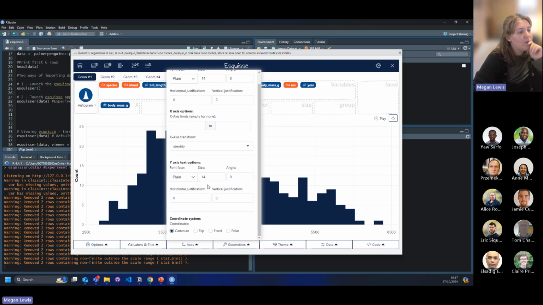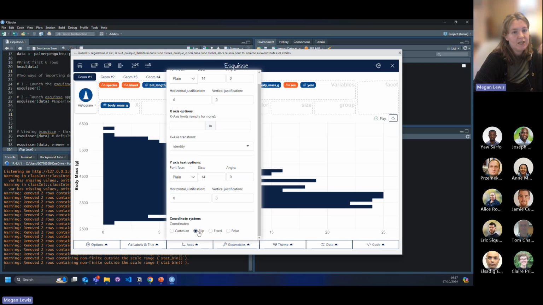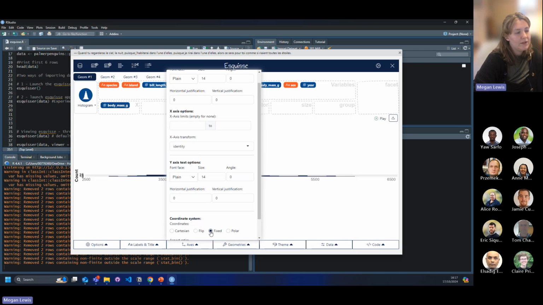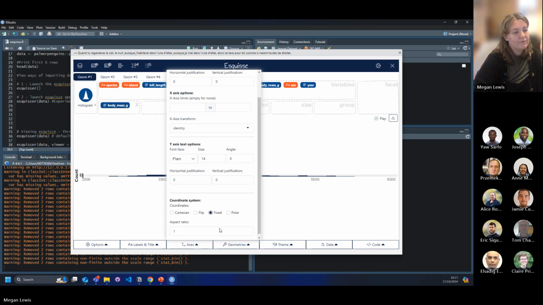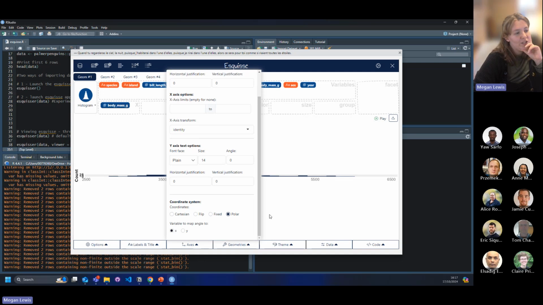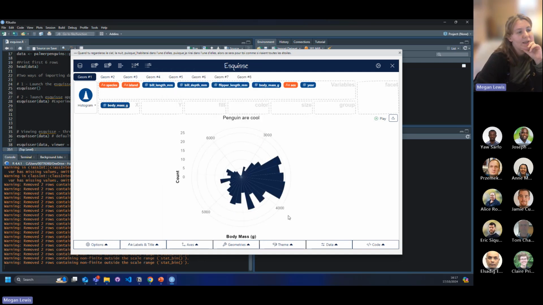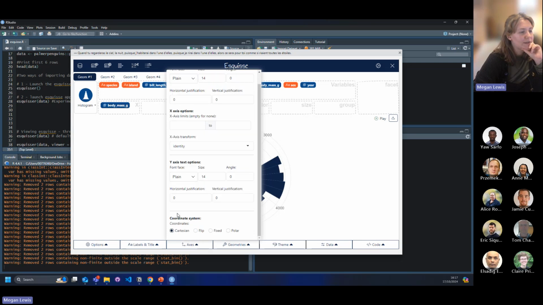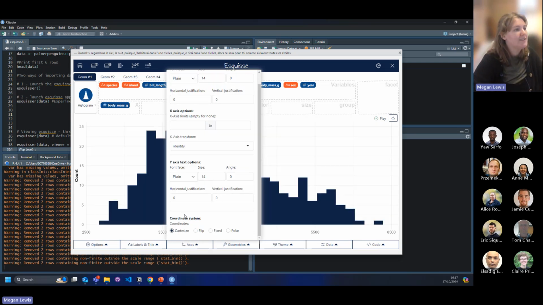But you also have the option for different coordinate systems. So you could flip it, which would change the axes round. In theory, you could have a fixed one, but that requires additional stuff and doesn't look very good normally. Or you could change it to a polar coordinate system, which makes a fun spiral. But chances are we'll just be leaving it as a Cartesian